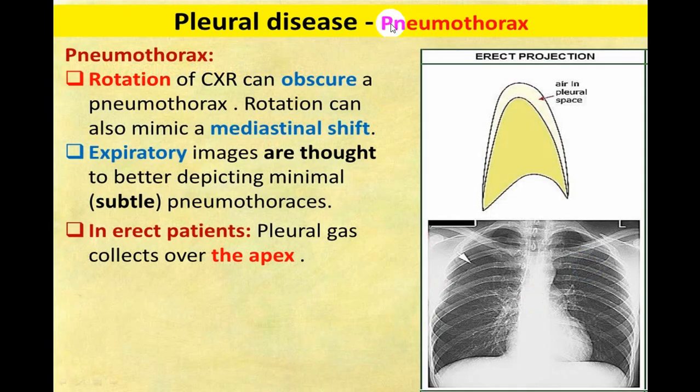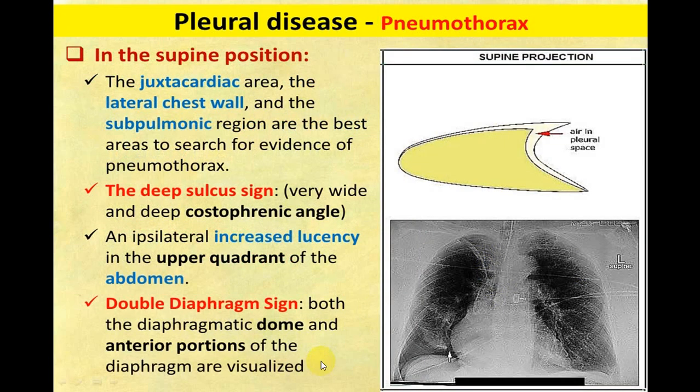Now we are showing you some condition where the angle will be seen and the shape of that angle will change. That is in case of a pneumothorax. So here there is a partial pneumothorax. Arrow has been shown. Beyond this, there is no bronchovascular marking. So there are no vascular markings. We'll show you in another picture. Here, you can see the angle is going down, deep down. And see here the costophrenic angle. This is described as a deep sulcus sign.